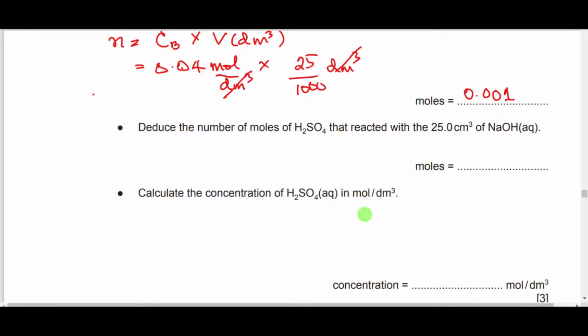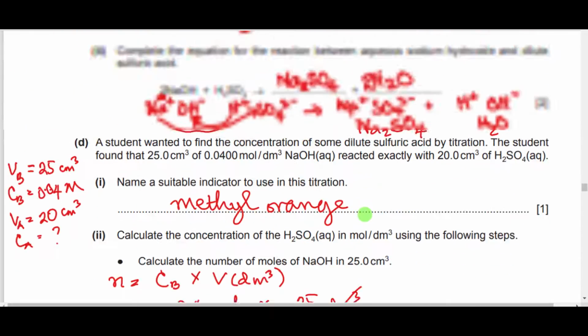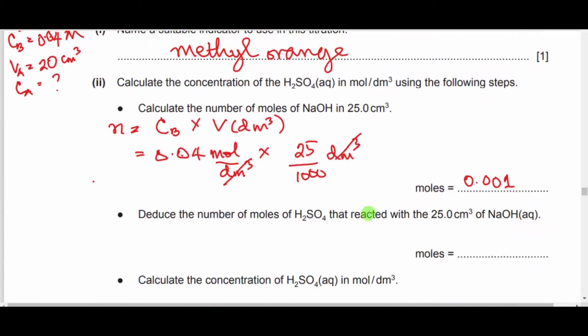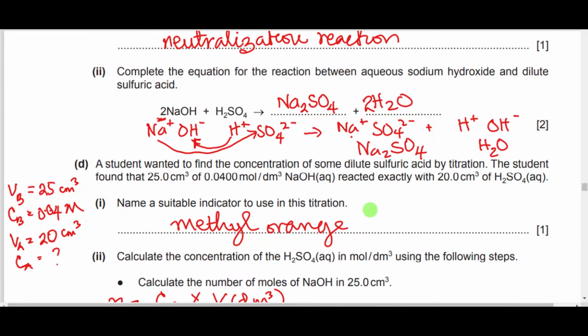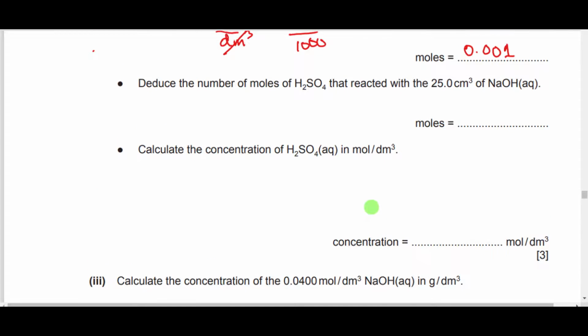So now that we know the number of moles of sodium hydroxide that reacted, what next? We are asked to deduce the number of moles of H2SO4 that reacted with 25 cm³ of sodium hydroxide. So we are going to use this equation of reaction, right? From the equation of reaction there, 2 moles of sodium hydroxide reacted with 1 mole of H2SO4, right? So since the number of moles of sodium hydroxide in 25 cm³ is 0.001 mole, that means that